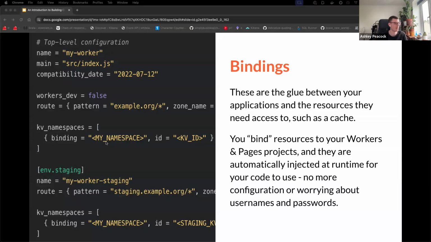What this basically does is, when your application starts, it injects all of the bindings that you need when you receive a request. So a request comes in, you need your cache, your database, whatever else. You define them in this file, and you can split by environment, like a staging environment or a production environment. You can have different IDs. And when your application receives a request, you have access to all those things automatically without any credentials, any usernames, passwords, nothing like that. All you need is basically the environment, which Cloudflare injects for you. And like I said, I will try and show that if I'm feeling brave at the end.